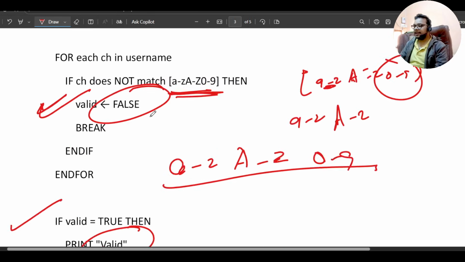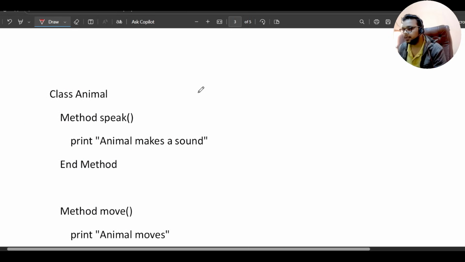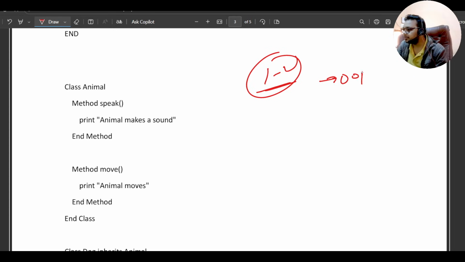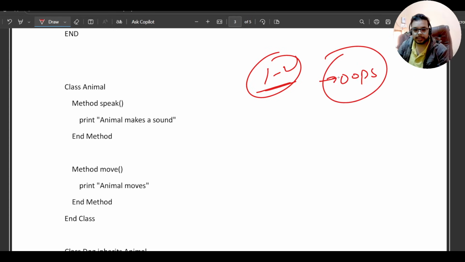Okay, next we will solve this one. So this is from overriding. Okay, and they are asking 1 to 2 questions from inheritance, overriding, and basically these kind of OOPs operations. Okay, OOPs operations questions they are asking.